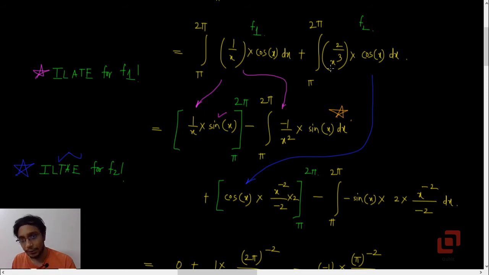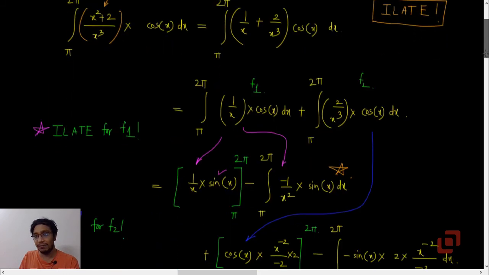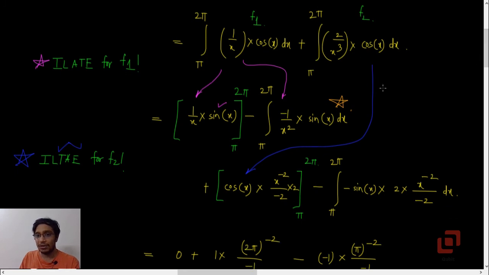Now keep 2 as it is, integral of 1 upon x cubed will be x raised to minus 2 upon minus 2, right? Because it is x raised to minus 3, so minus 3 plus 1 will be minus 2, x raised to n plus 1 upon n plus 1. And this is the point where these arguments come into play. For 1 upon x squared, that's fine, derivative of the first. But from 1 upon x cubed to 1 upon x raised to 2, because it is integral, you have to take cos x as your first function.